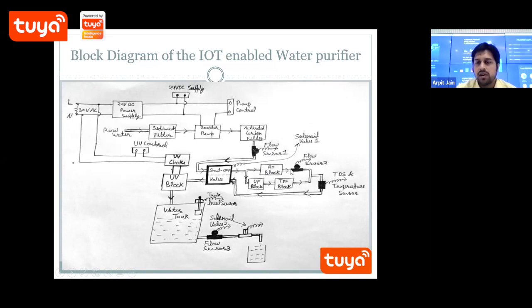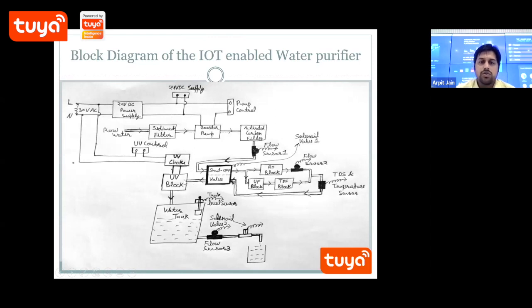And this water is supplied to the TDS block, and the TDS output is given to the TDS temperature sensor. The TDS and temperature sensor measures the TDS value of the output water, and according to the temperature it calibrates its value. Then this output goes into the solenoid valve again, for controlling it on and off.